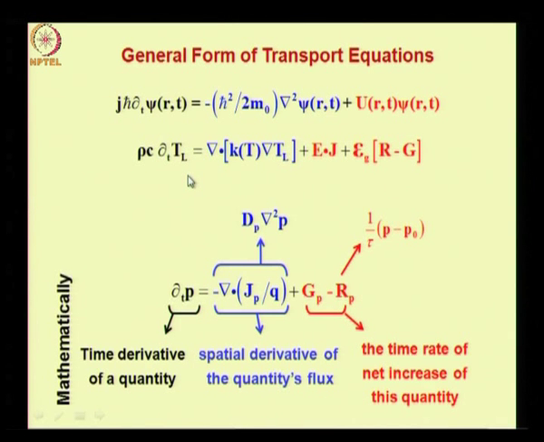Now similarly, in the equation of lattice heat flux, you have the time derivative of the lattice heat on the left hand side, you have a spatial derivative, spatial divergence, right, derivative of the flux of this temperature, that is the heat flux, which is written in the form of the diffusion current of holes, that is the heat flux is regarded proportional to the gradient of the lattice temperature, gradient of the quantity. Then you have the source terms here, right. So these source terms are analogous to the net source terms here.